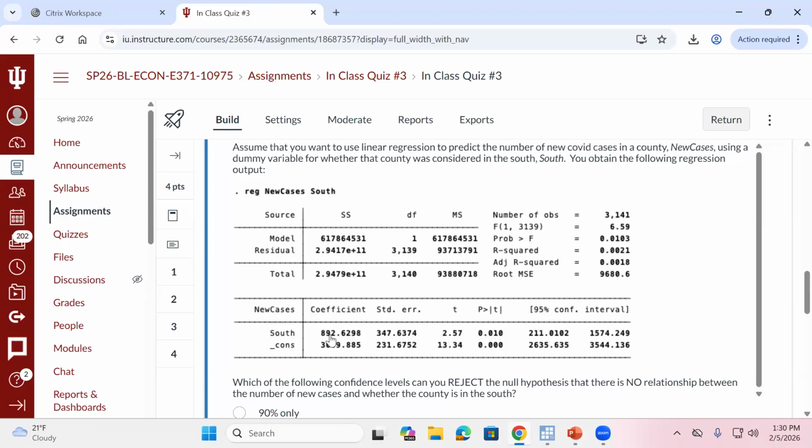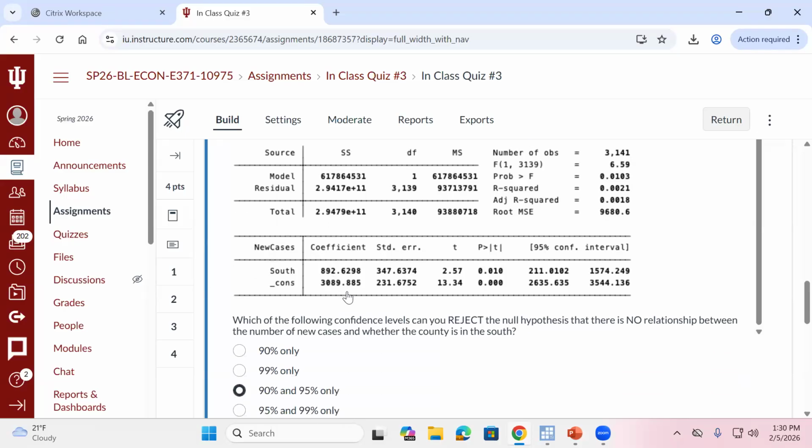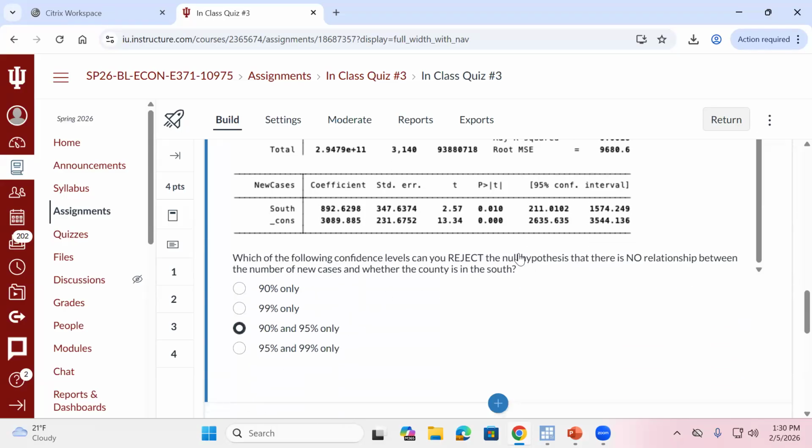It went up, right? Is it statistically significant? Well, here we got kind of a tricky one, right? Because what's my p-value? We make our rejection decisions for dummy variables the exact same way as we did before. All we have to do is look at that p-value and the test statistic. What is my p-value? 0.01. I only reject if that p-value is less than alpha. So is it less than 0.1? Yes, I can reject with 90% confidence.